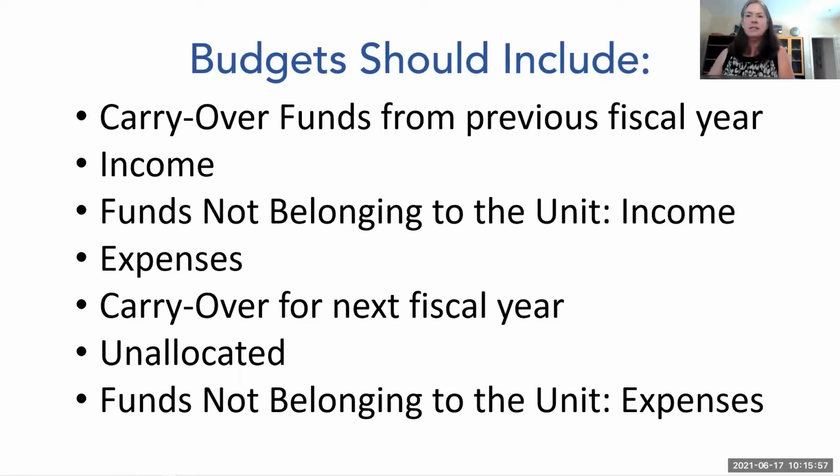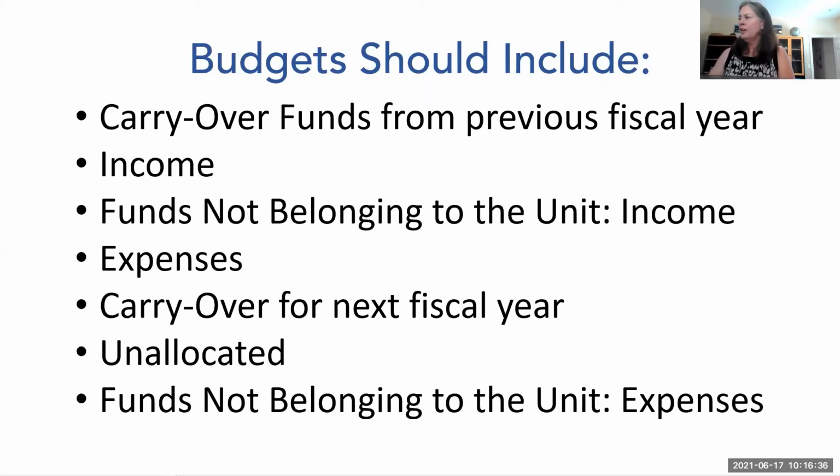So for expenses, this would be anything that you're paying money for. So each program, each fundraiser should be shown separately. There should be line items for administrative expenses, such as your insurance, any bank fees, printing, postage. If you are using some online app or way to take money in online and you are charged a fee for that, Totem, for instance, has a fee. If you use their donation portion, then you would show that as an expense.